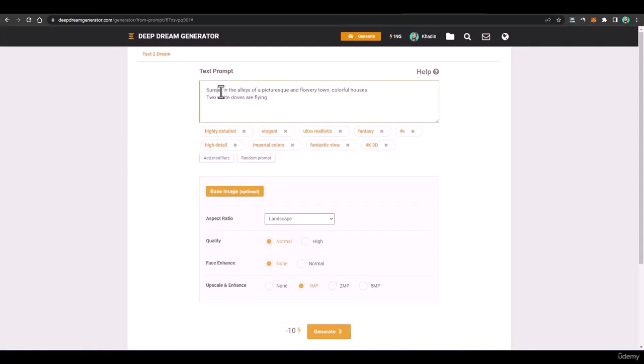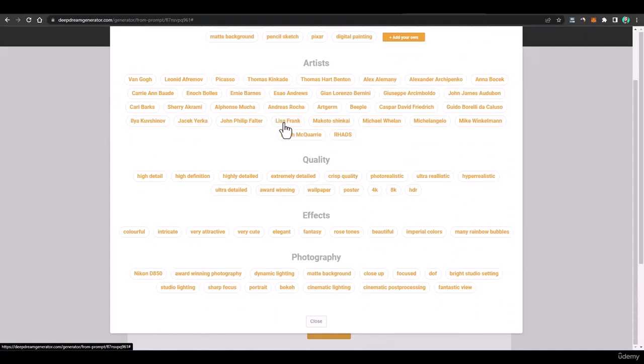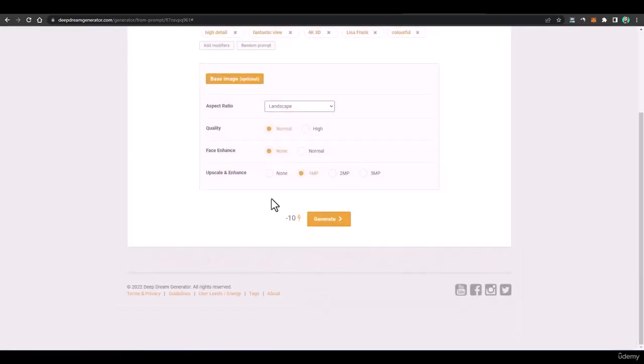Like say I'll say sunrise in the alleys of a picturesque and flowery town, colorful houses. And then I'll remove it, and then I'll add some more. I'll add Lisa Frank, then I'll add colorful, and I'll just close it.